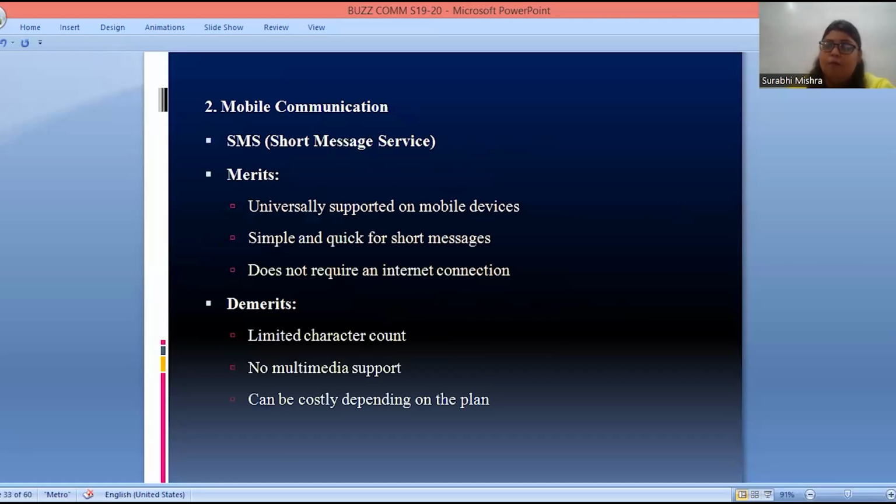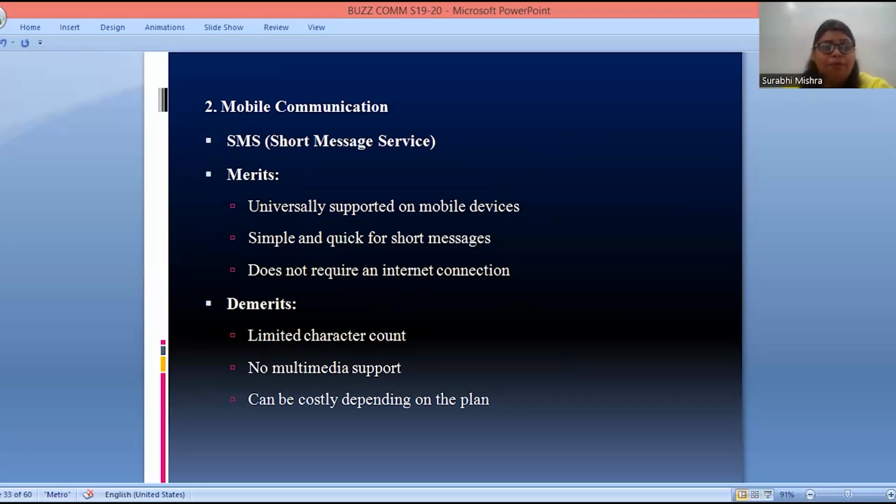So next is mobile communication. The other form of communication here is mobile communication, where we are talking about short message service and multimedia service. So let's see the merits of short message service. The merit here is that it is universally supported on mobile devices.